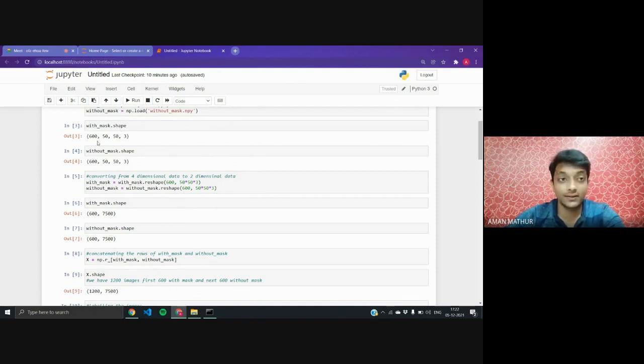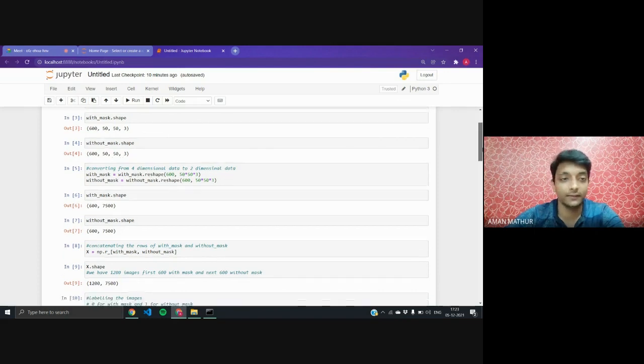It contains 600 images with mask, and the dimension of every image is 50x50x3. The next file contains 600 images without mask, and the dimensions of each of these images are also 50x50x3.